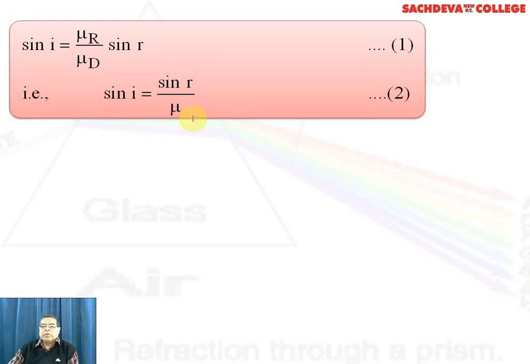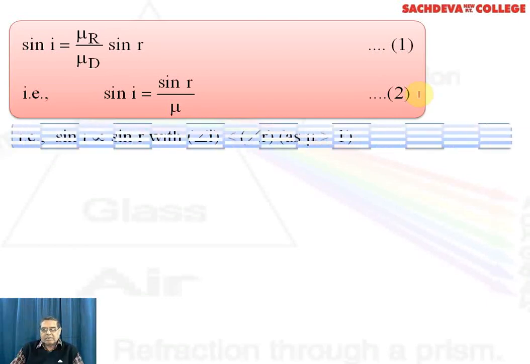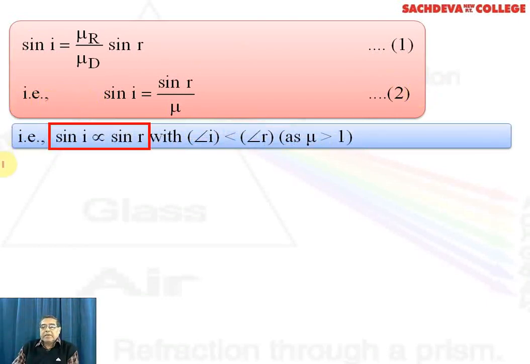So we have two equations, one in terms of sin i and the other in terms of sin i and sin r, and in terms of refractive index. Because we know that 1 over mu is sin r over sin i, but mu is equal to sin i over sin r. Now sin i is proportional to sin r, with angle i less than angle r, as mu